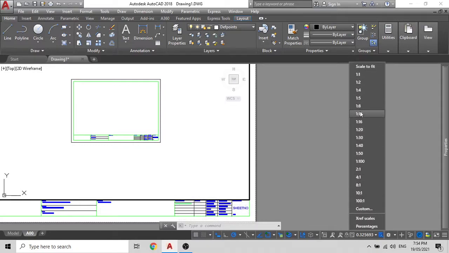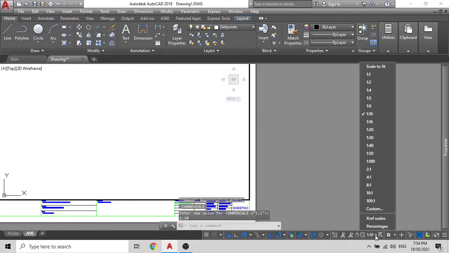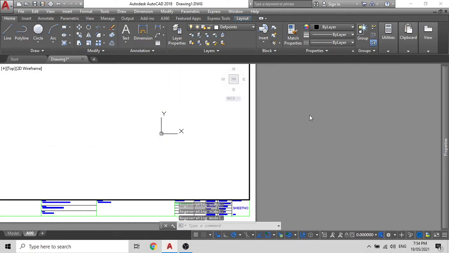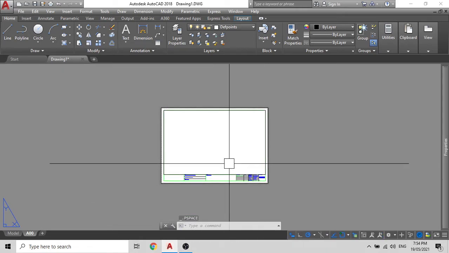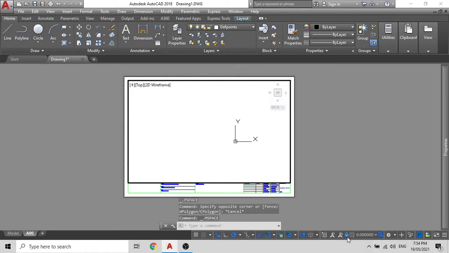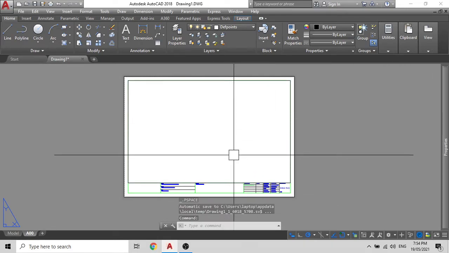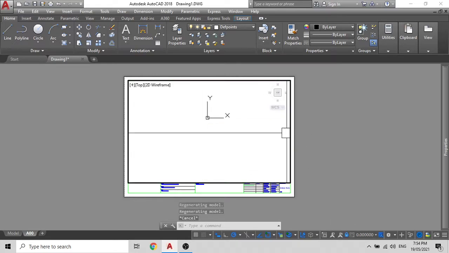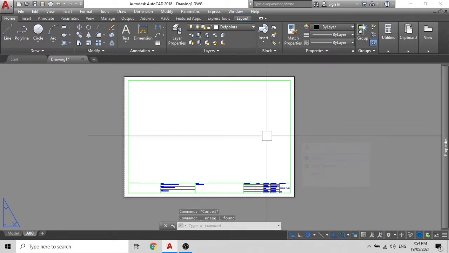In this case, I guess I can say 1:10, but it becomes too huge. So we'll reduce it. Find out wherever it is, set your scale properly, lock your viewport, double click outside to exit the viewport. Now if you don't lock your viewport and if anything happens and you zoom out or zoom in and you just ignore it and go on, when you come back you will not see any drawings there. So basically zoom into your drawings and then lock your viewport after setting your scale. Now that's method 1 using command.